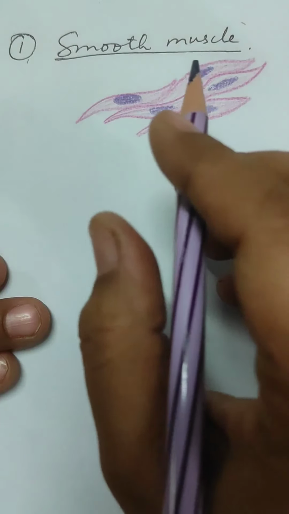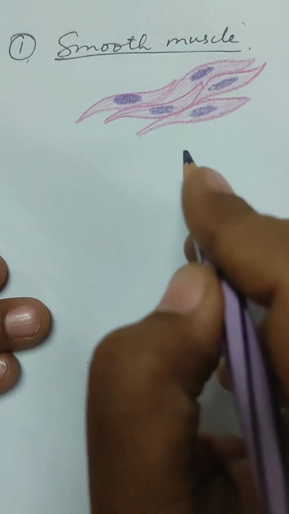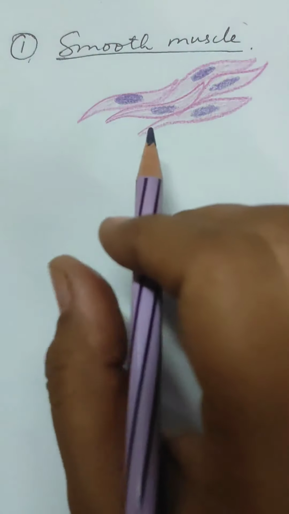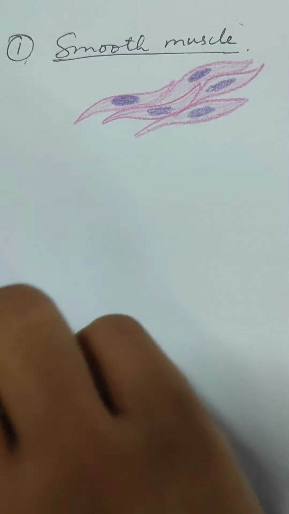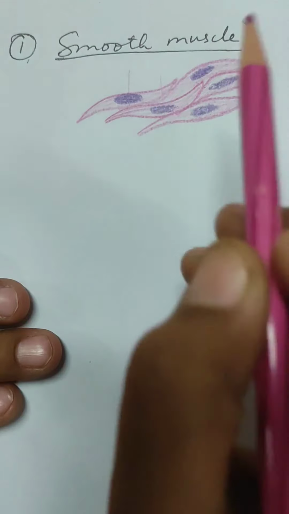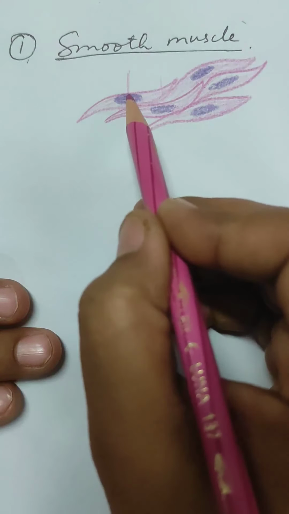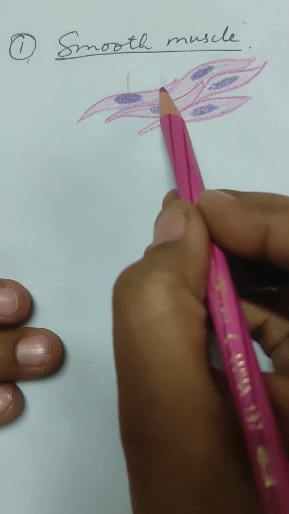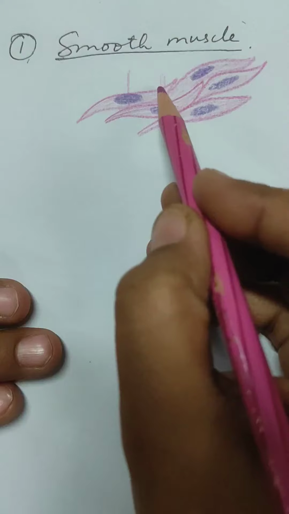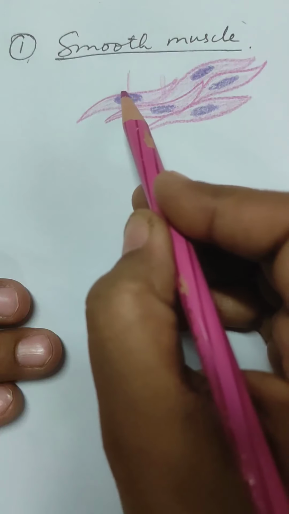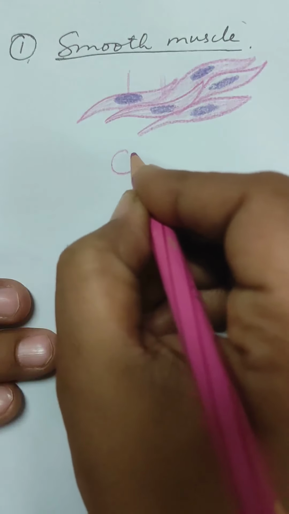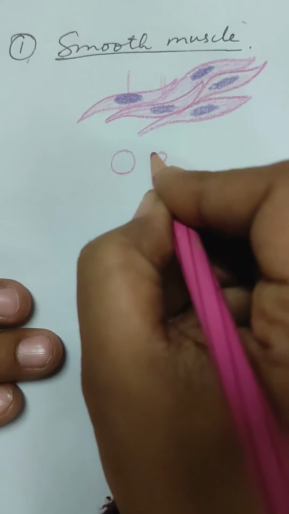But if they are present along the wall vertically, then when you take a cross section of the tissue, these muscles in cross section are going to appear circular, as you cut them at a 90-degree angle like this. If you cut it here, you will find the nucleus. If your cut section passes through this part of the muscle cell, then you will not find any nucleus. This cut section will appear a bigger circle, and this cut section will appear a smaller section. So I'm going to draw this bigger section and this smaller section.